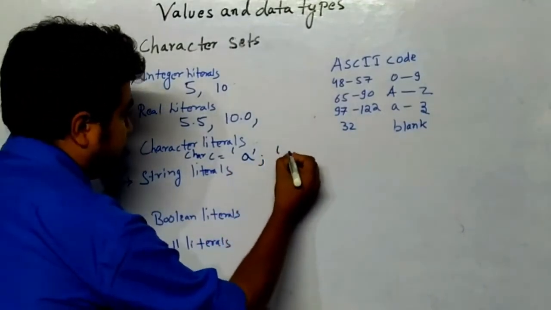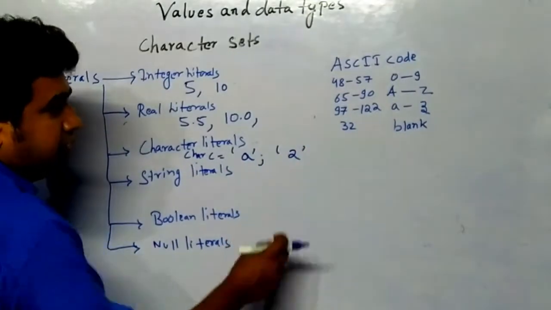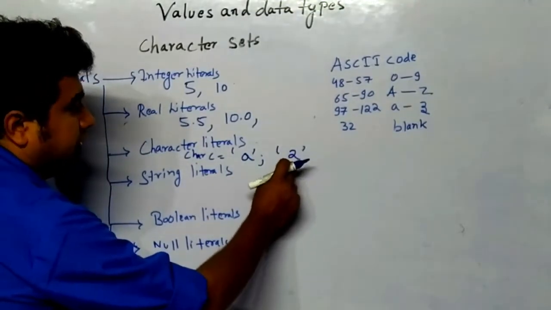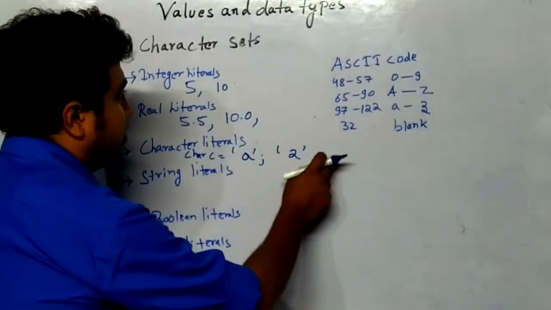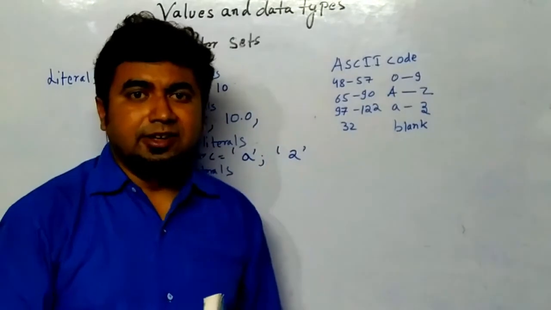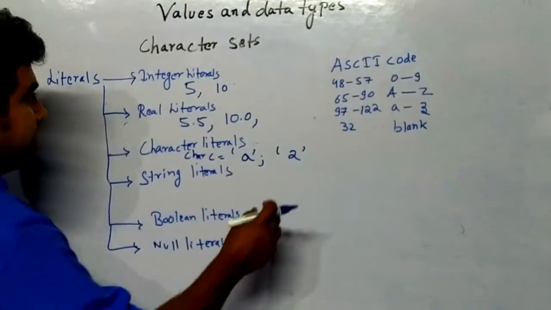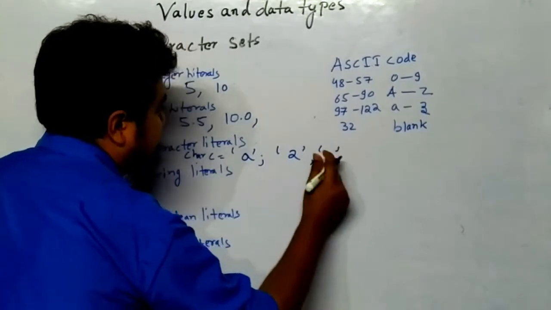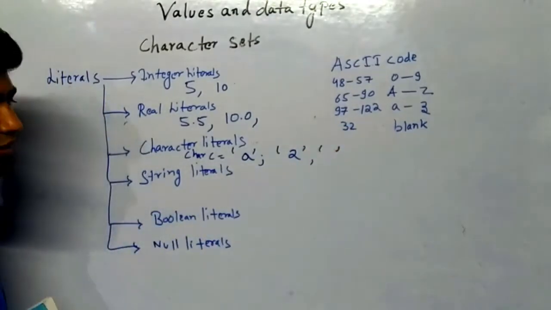Or you can see this also. Now you see quotes and there is a number written. This is not a number, this is a character. You have to understand the difference. It is a character because it is written inside quotes. Its ASCII value will be the ASCII value of 2, because 0 ASCII value is 48, 49 will be 1 and 50 will be 2. So the ASCII value of 2 will be 50. Or space is also a character if you write nothing in between these quotes. So the blank character ASCII value is 32. That is known as blank.